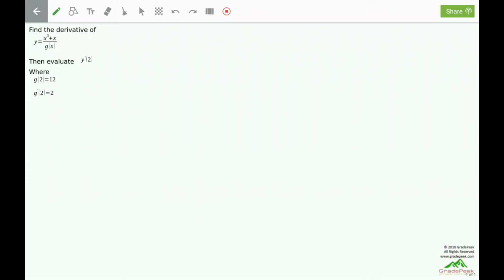Find the derivative of y equals (x cubed plus x) divided by g of x, then evaluate y prime of 2, where g of 2 equals 12 and g prime of 2 is 2. Y here is the quotient, the division of two different functions, one which is known, x cubed plus x, and one which is unknown, g of x. But since we have a quotient, we can use the quotient rule for the derivative, and therefore the derivative is